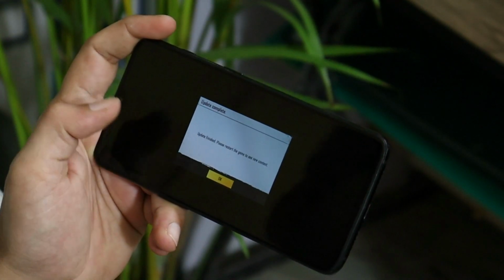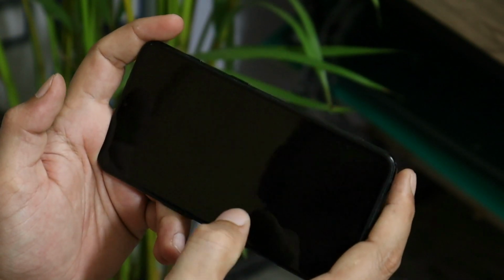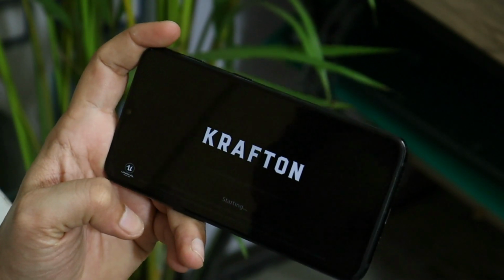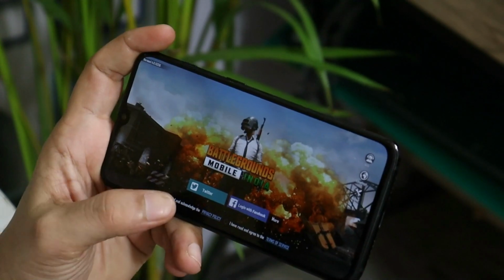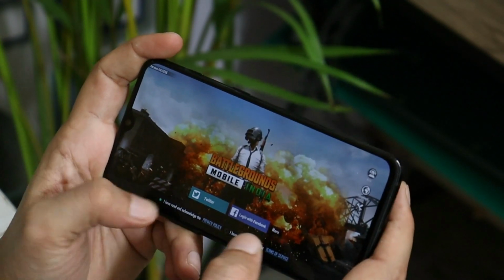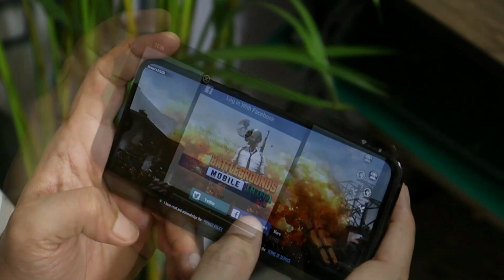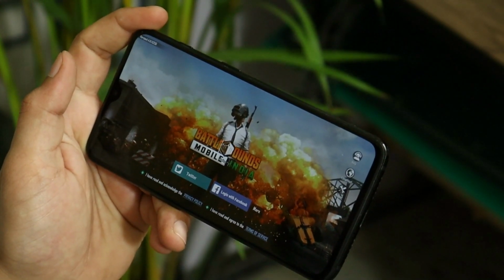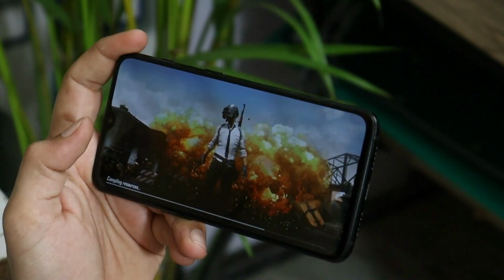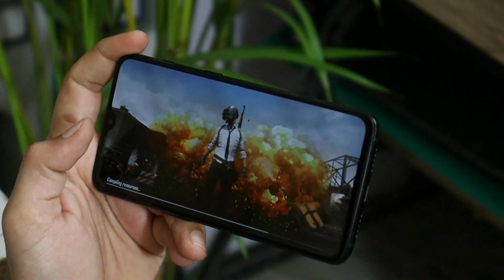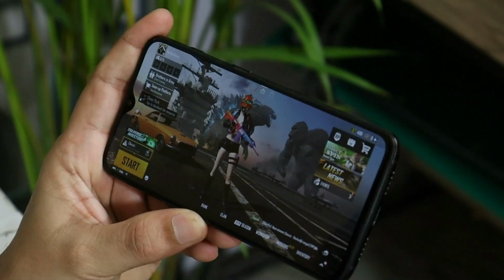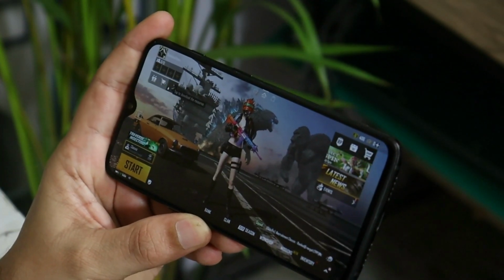Meanwhile, the resource pack has been downloaded on our OnePlus 6. Now let's relaunch the game. And there you can see we have the login screen now. You can use any of your accounts like Facebook, Twitter. After putting in your user ID and password, you can tap on continue. Compiling resources might take around 3 to 4 minutes. And there we go. Our game loaded up successfully, and here you can see I have my friend's account. So guys, this way you can install Battleground Mobile India and play the game.